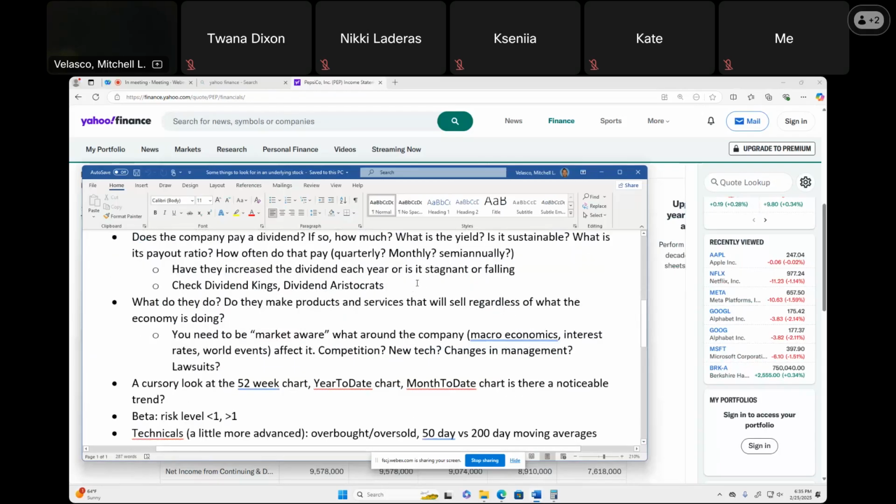I actually have a little notebook where I've got a whole schedule down, so I know what stocks are going to pay me in the first week of the month, and I take all those dividends and buy shares of the stocks that are going to pay me in the second week of the month. And then I take those dividends and use them to buy shares of the stocks that are going to pay me in the third week of the month, and the fourth week and the fifth week. So I kind of have this snowball effect going on each week. So you can find them out there.